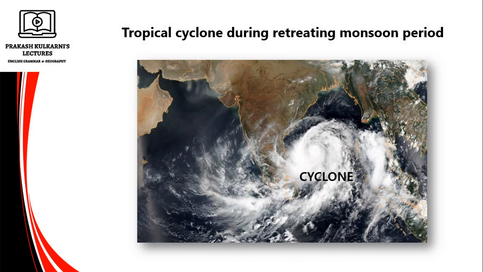Now this is a satellite photograph of a cyclone. You can see the white portion, and these cyclones cause heavy rainfall and also damage to Tamil Nadu, Andhra Pradesh and Odisha because the earth is rotating from west to east and these cyclones enter from east to west. For these reasons, every year there will be some damage to eastern part of India.